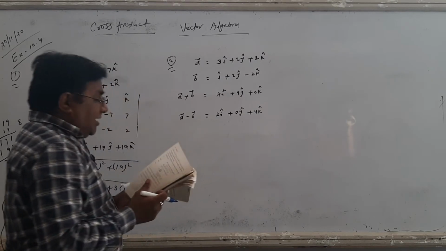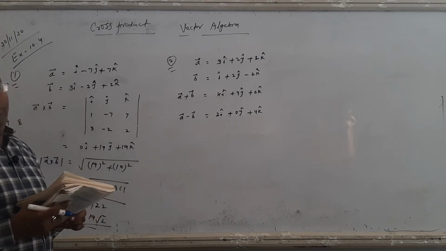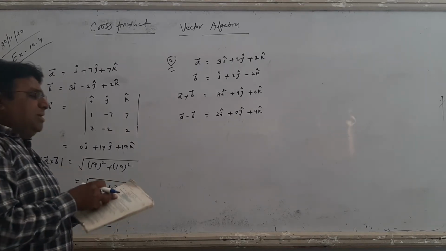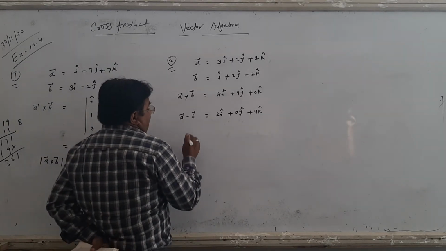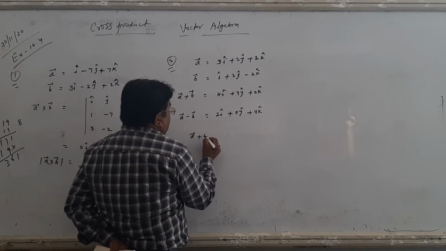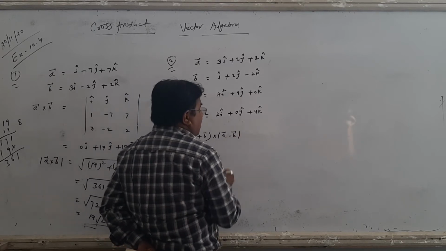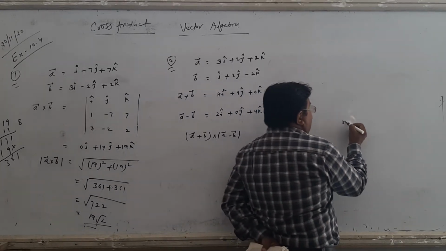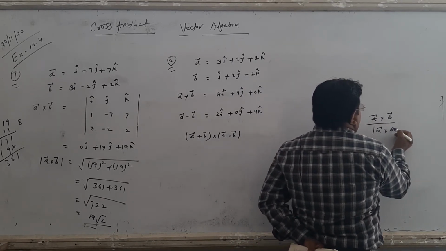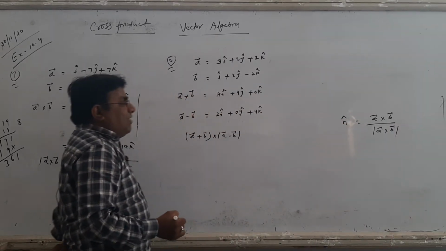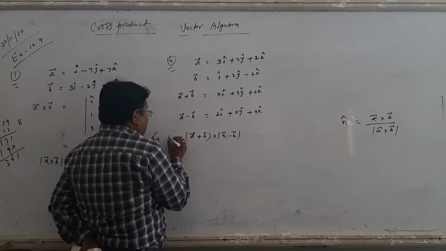But now find the unit vector. You know, students, what is the formula of a unit vector? It is n cap equals vector n upon magnitude of n. Same formula. Now find the unit vector perpendicular to both A plus B and A minus B. Perpendicular means we find (A plus B) cross (A minus B). The formula of the unit vector perpendicular to A and B is n cap equals A cross B upon magnitude of A cross B. This question asks for the unit vector perpendicular to A plus B and A minus B.